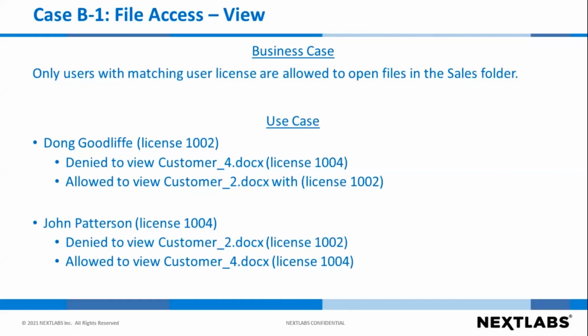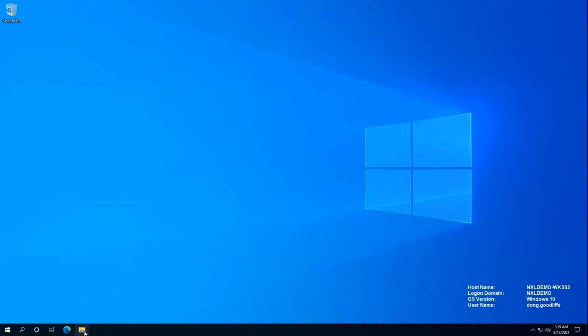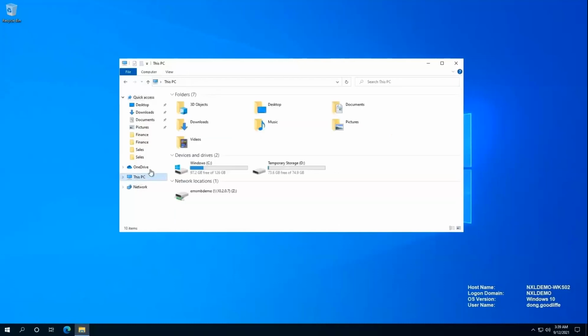In the next use case, we will restrict viewing files in an AWS S3 bucket by matching the user license attribute to the document property. Only users with matching licenses are able to view files in the sales folder. First, we'll log in as Dawn Goodlife that has a user license of 1002. We'll open up the sales folder